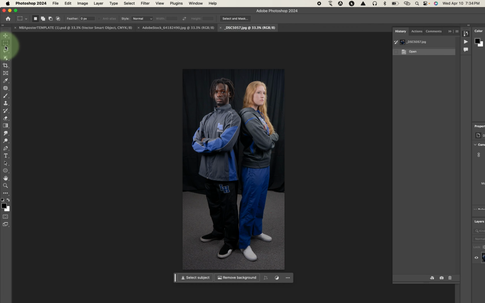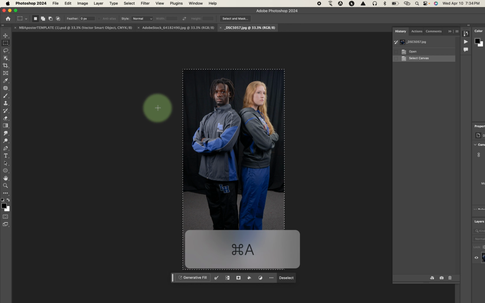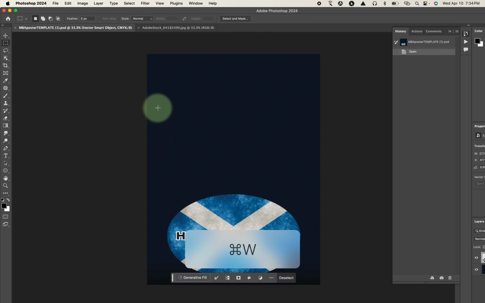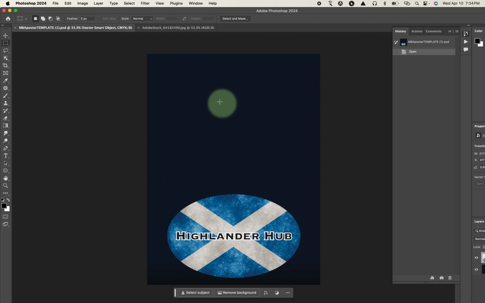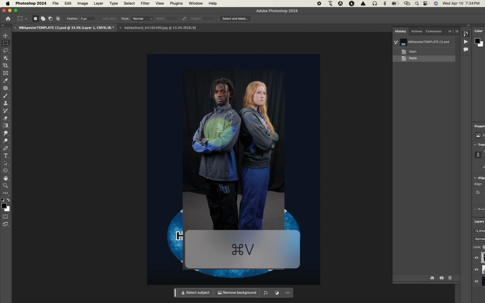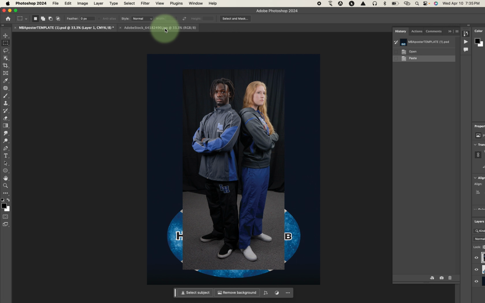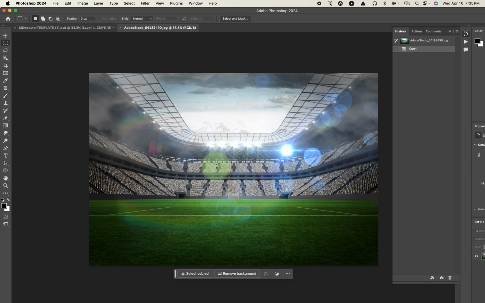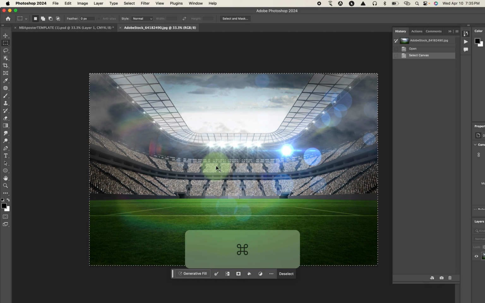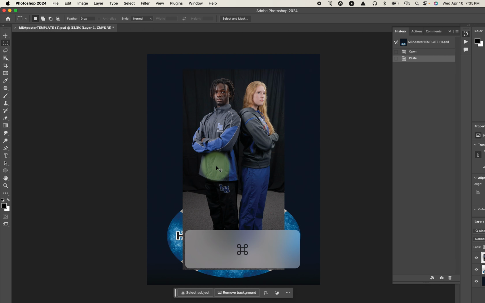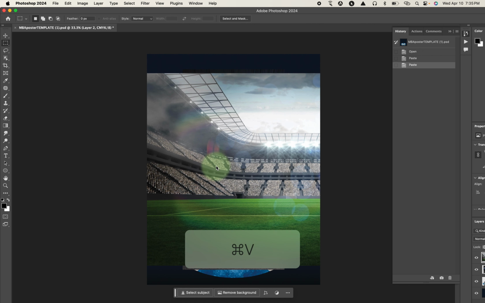So I'm just going to work with the selection tool here. I'm going to say Command A to select all, Command C to copy, Command W to close the window. I should be back here, Command V to paste. Good, that one's ready to go. This one, I need Command A to select all, Command C to copy, Command W, close the window, Command V to paste. Alright, so these are all ready to go in this document, but you notice the document's too tall,